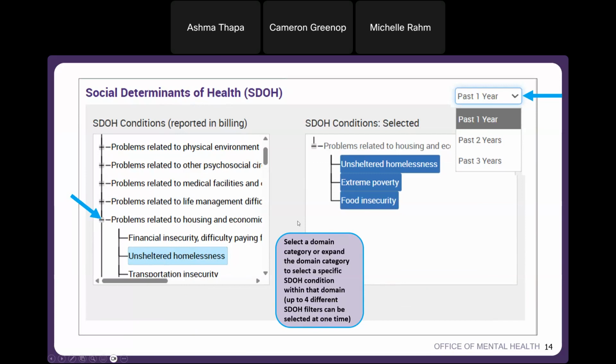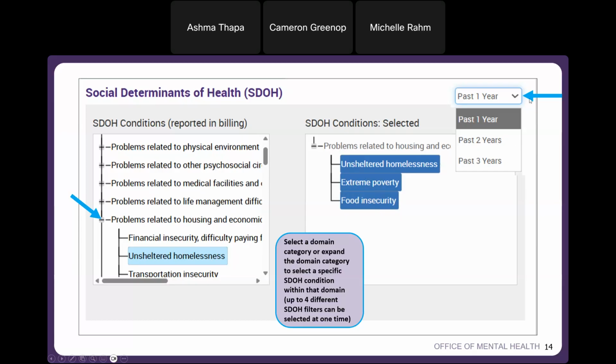So in this example, I have selected a social determinants of health condition, as well as these subcategories such as unsheltered homelessness, extreme poverty, and food insecurity. And for this filter, you can actually select up to 4 different SDOH filters at a time.